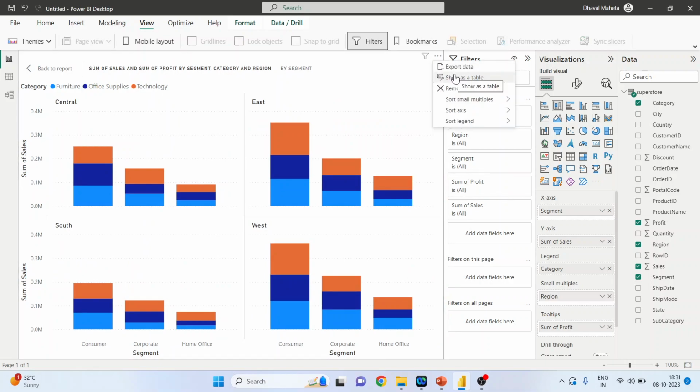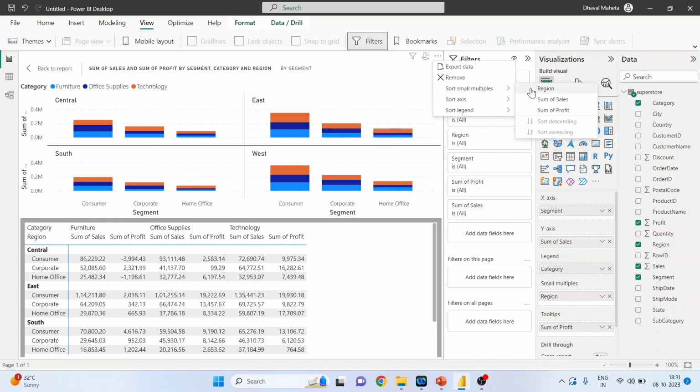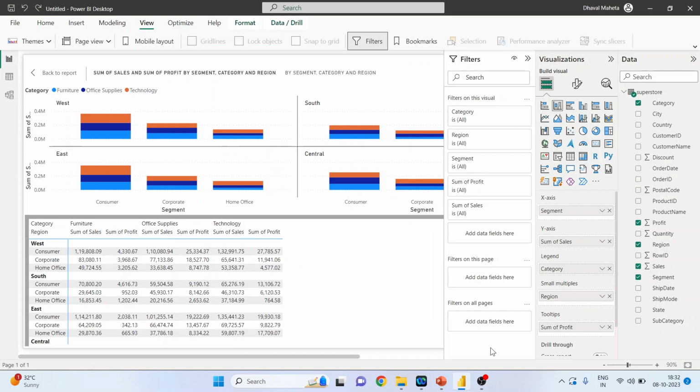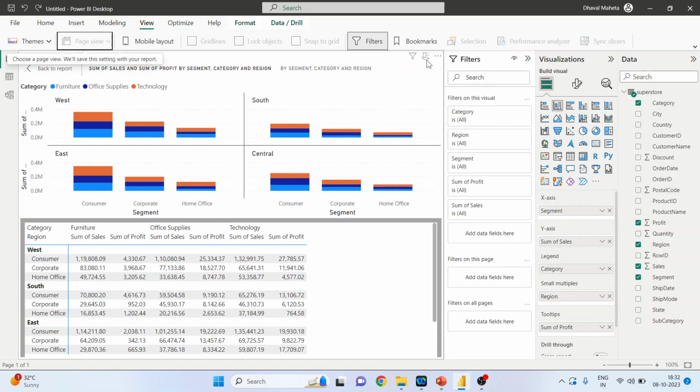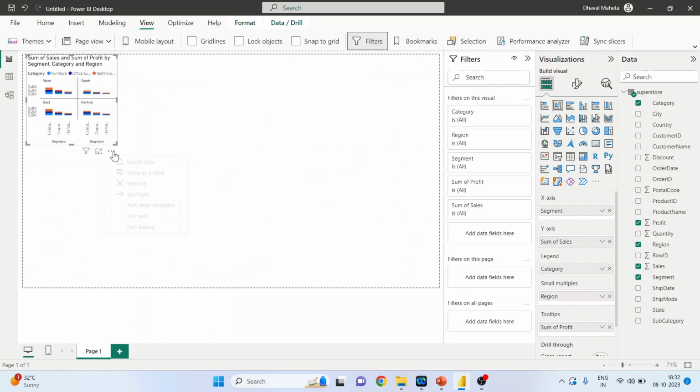You can again click here and show as table. So the data set will be shown as a table. Sort small multiples according to the region. So the sorting will be done according to the region. From here, you can switch to vertical layout. So here, your chart is there on the right hand side, the data is there. Again, click to go back to report, activate,